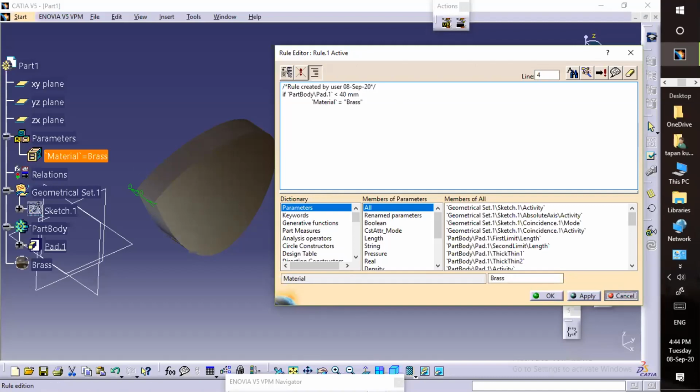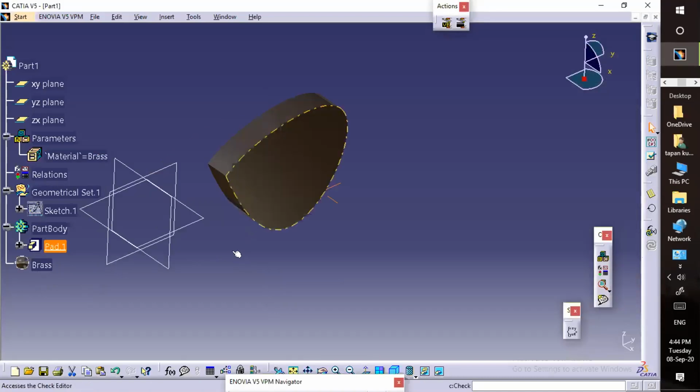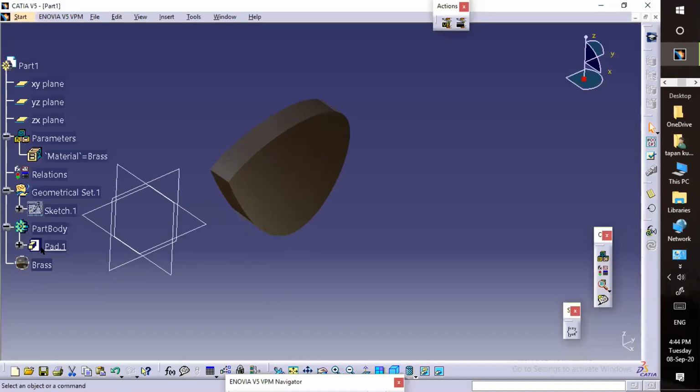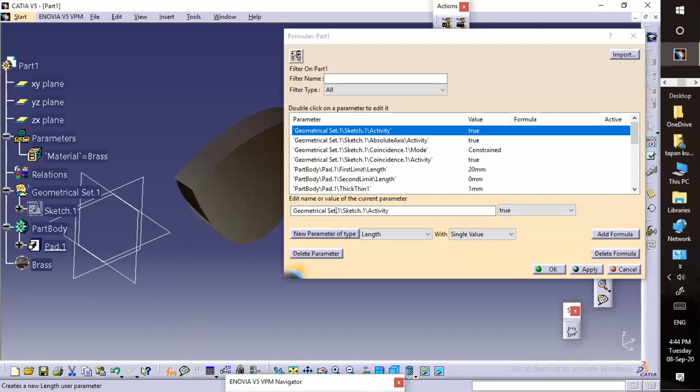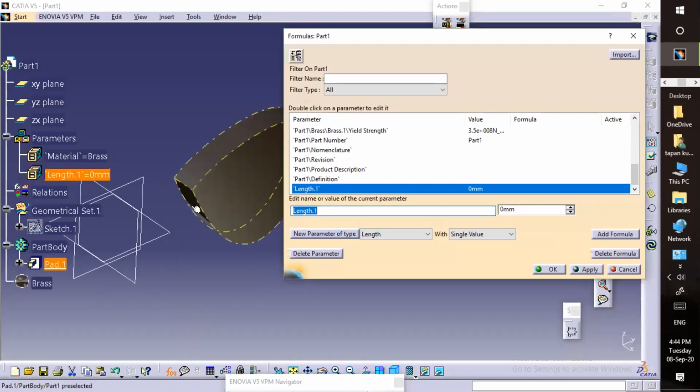Wait, maybe what happened is that it is not taking because we haven't created any parameter for this thickness. That is the reason it is not coming. So I'll create a small parameter for this thickness. I'll give a new parameter type, and a name, thickness. And I'll give some random value.